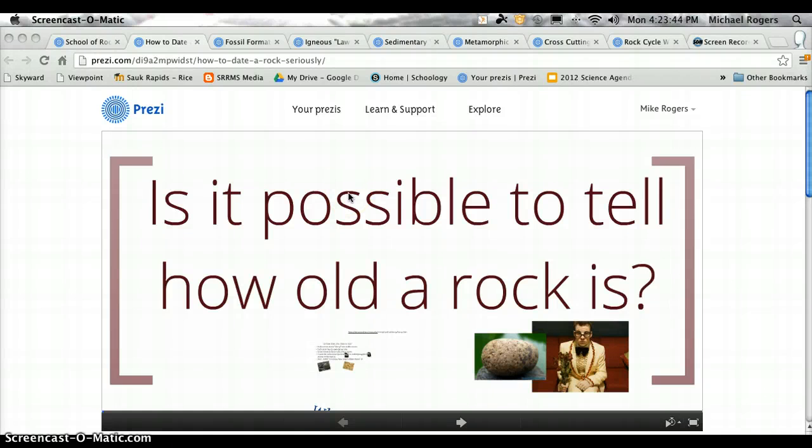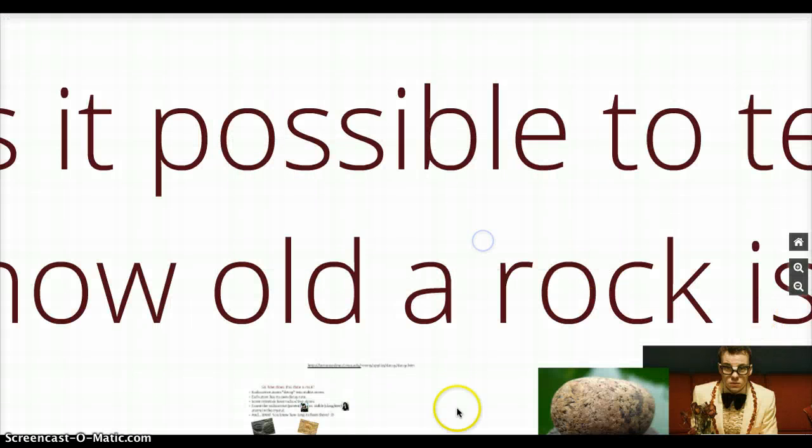Welcome back, 8th graders. This is question A3 for the School of Rocks. Of course, we're trying to figure out big idea A and our place in history, and whether or not we're tiny or we take up a big piece of that. The third one here is, how can we even tell how old a rock is, assuming that no one was even there? So I think we'll just talk you real quickly through this Prezi of how it is possible to